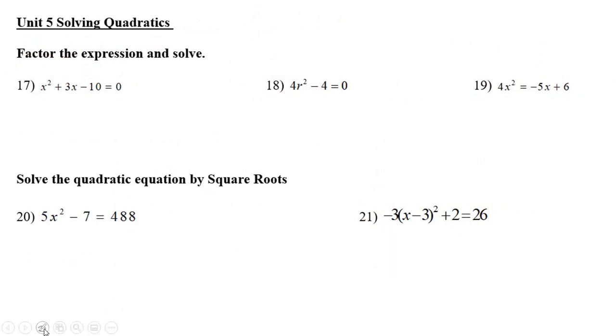Let's continue. So now we're on solving quadratics, the fifth unit. First of all, we talked about factoring and solving. So you want to factor the problem and then solve. Remember, there are four different kinds of factoring that we looked at. We looked at GCF: does everybody share something? We looked at grouping, that was when we had four terms. We looked at trinomial patterns, so basically three terms. And then we also looked at difference of squares. Difference of squares is when we had